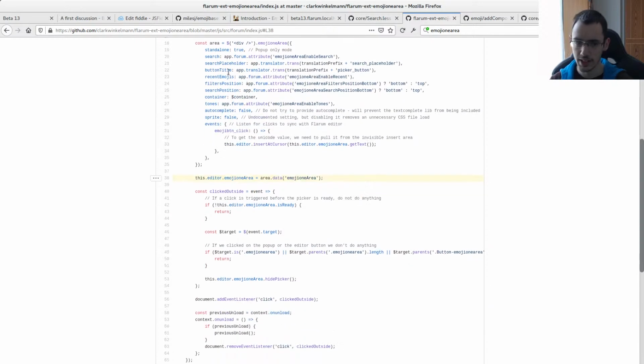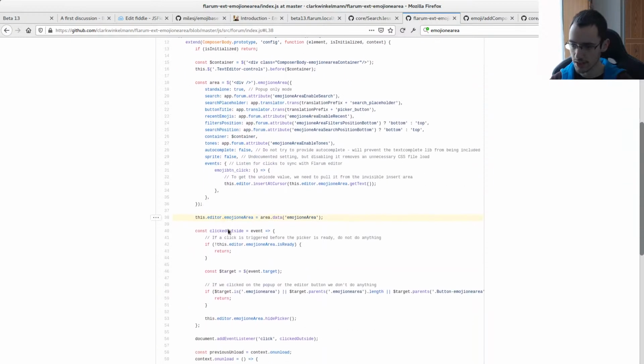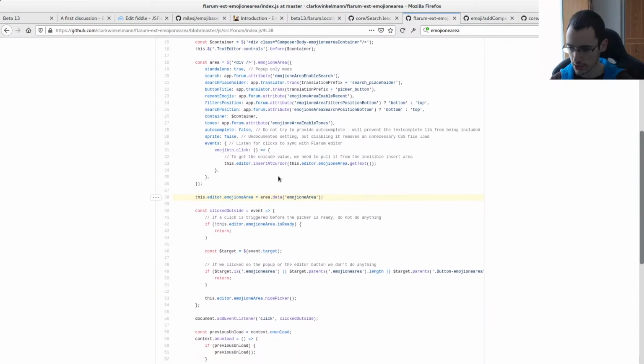In the emoji one area extension, adding the emoji one area, I was adding it to the body, but this was using very